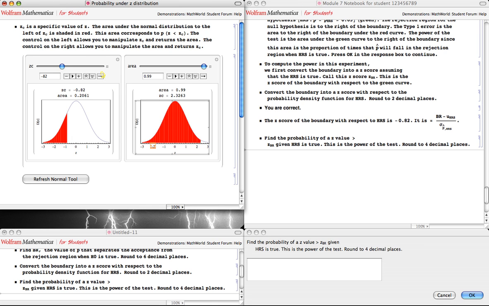It is equal to the non-shaded, non-colored region of the z distribution, so 1 minus 0.2061. That is the probability of getting a value higher than your critical value for the null distribution. So in other words, if the probability of guessing correctly is actually 0.03, when you're conducting this experiment with 1,830 people, assuming the null is true, there is a 79.39% chance that you will reject